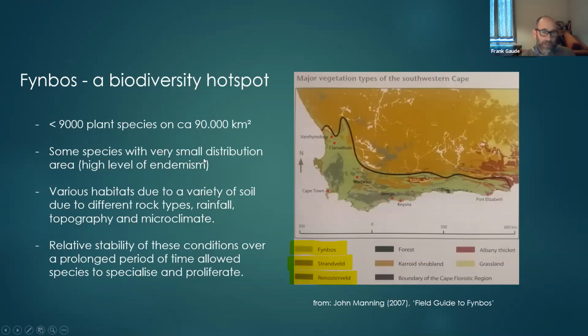And so we have lots of varying soil types, lots of varying microclimates. There are different rocks which create different pH levels in the soil. All those factors contribute to the biodiversity, which has been able to develop and become quite pronounced over time, because all those factors have been fairly stable over a prolonged period of time. So the climate in its variability,